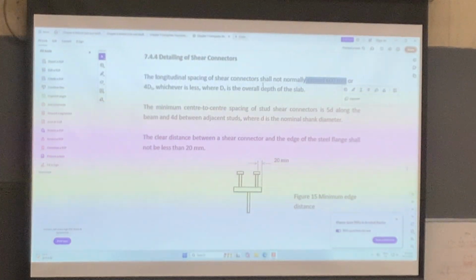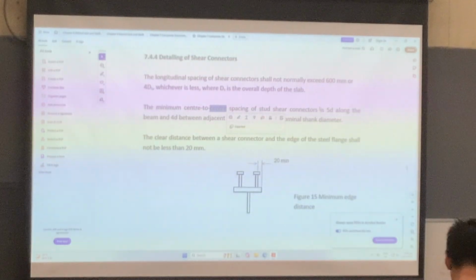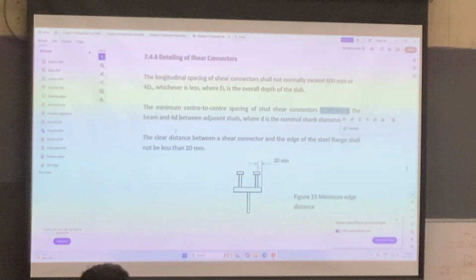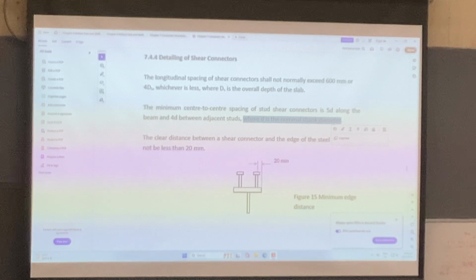Usually the spacing will not exceed 600 mm or 4ds, where ds is the overall depth of the slab. 即係我向住條邊個 direction，唔會過600 mm。The minimum center to center spacing of the shear studs is 5D along the beam and 4D between adjacent studs。即係個最低嘅 distance 係5個D，而佢兩個之間嘅距離係4個D。OK，D 就係個 shank diameter，即係嗰個